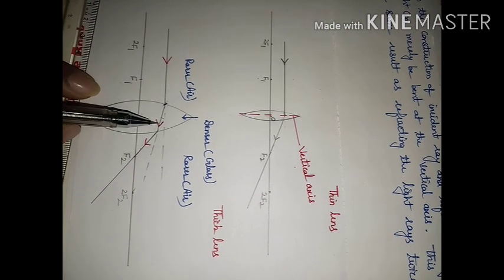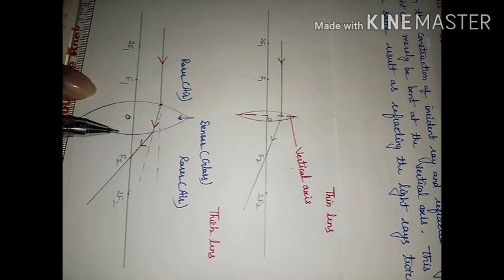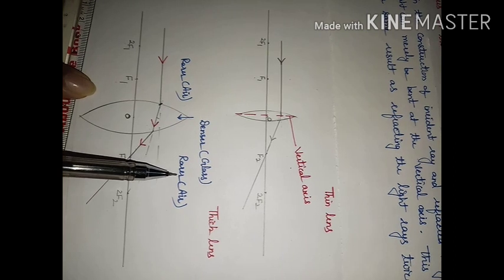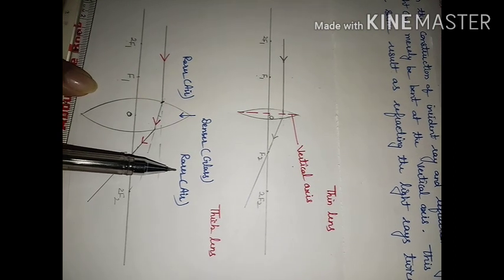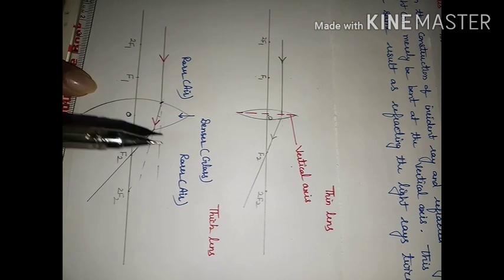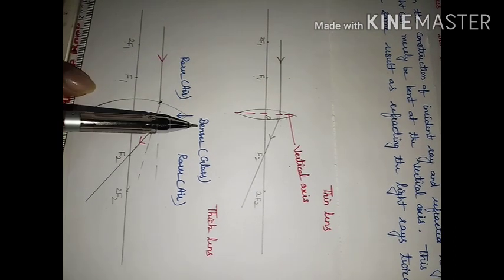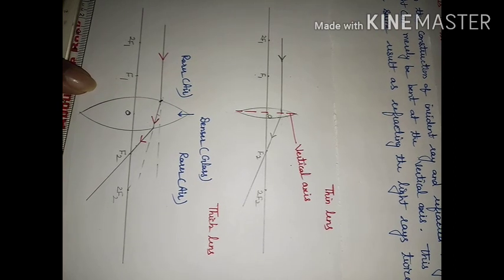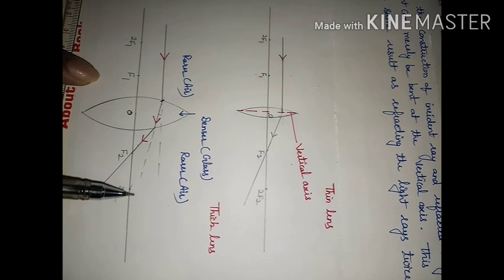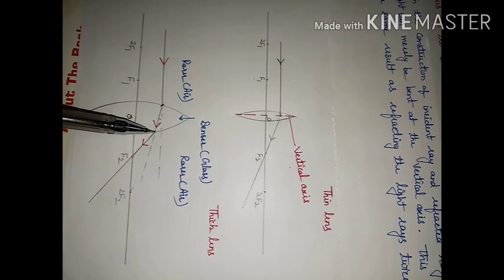When the ray of light comes out from the lens after crossing this surface, it is now coming from a denser medium to a rarer medium. And you know, when the ray of light goes from denser to rarer, it has to move away from the normal, and when it goes from rarer to denser, it has to move towards the normal. Now it is not going to follow this straight line path. Again refraction will be there and it is changing its path.